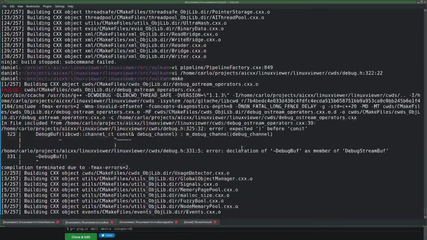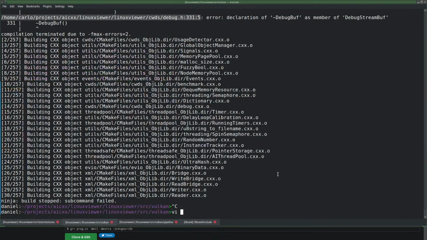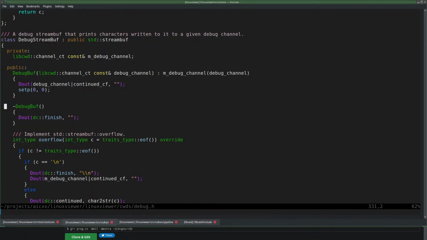And theoretically, if you rename a class, theoretically I should put double colons here, I guess, just in case.